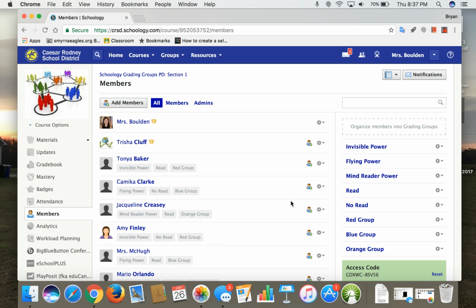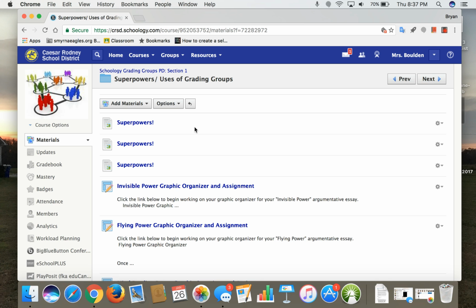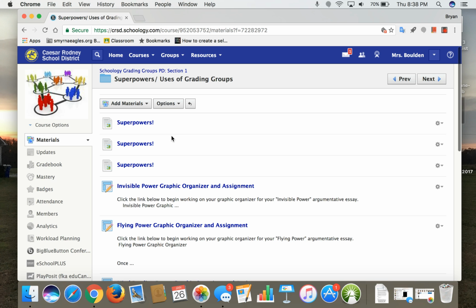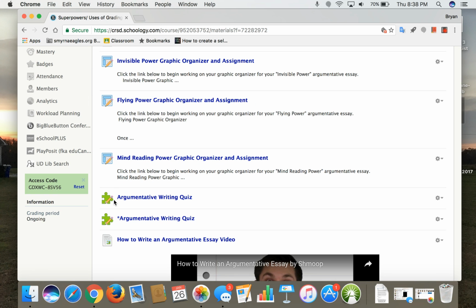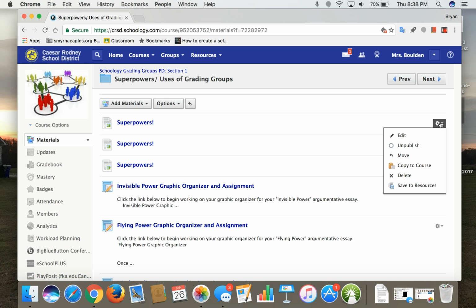And then what I'm going to do next is the following. I'm going to go into my materials, and I have all of my assignments laid out right here of exactly what I want to assign. I can assign pages and I can assign assignments. I can also assign tests. So if I want to assign a page to each different group, I'm going to create 3 of the pages,